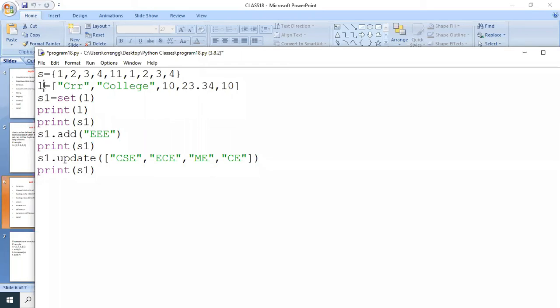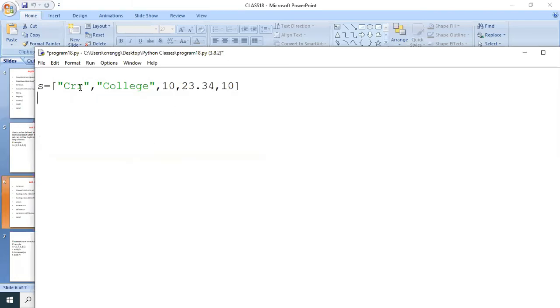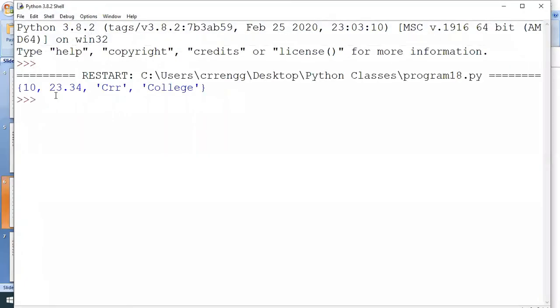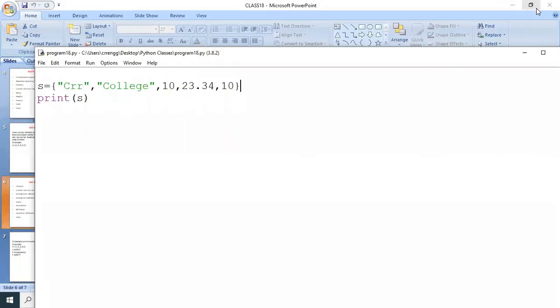We're going to take this as S. So print S. How can we define a set? By using curly brackets. Now I want to remove CRR here.